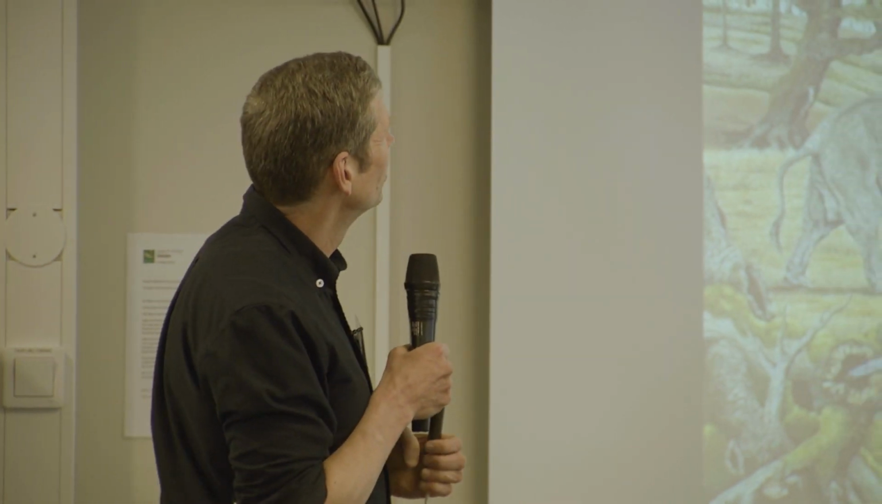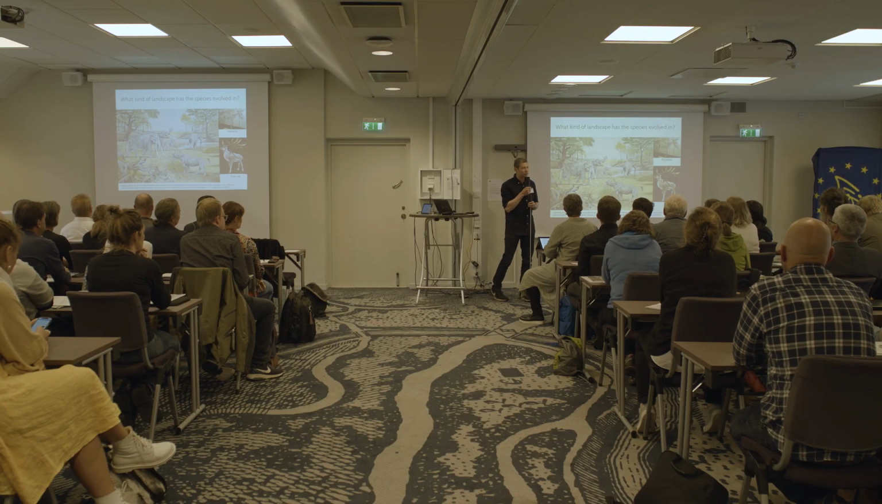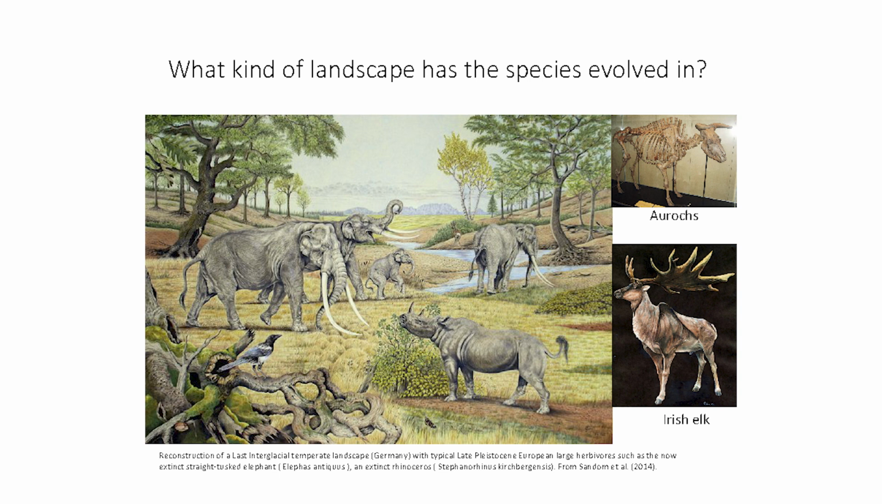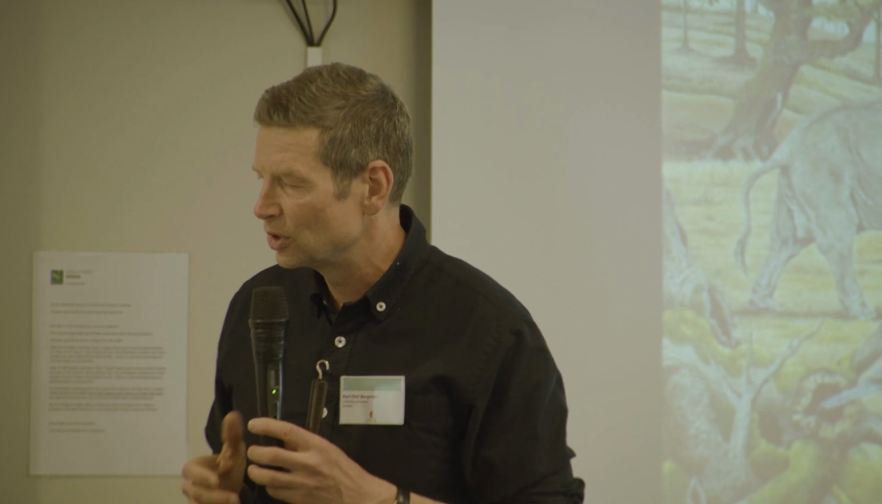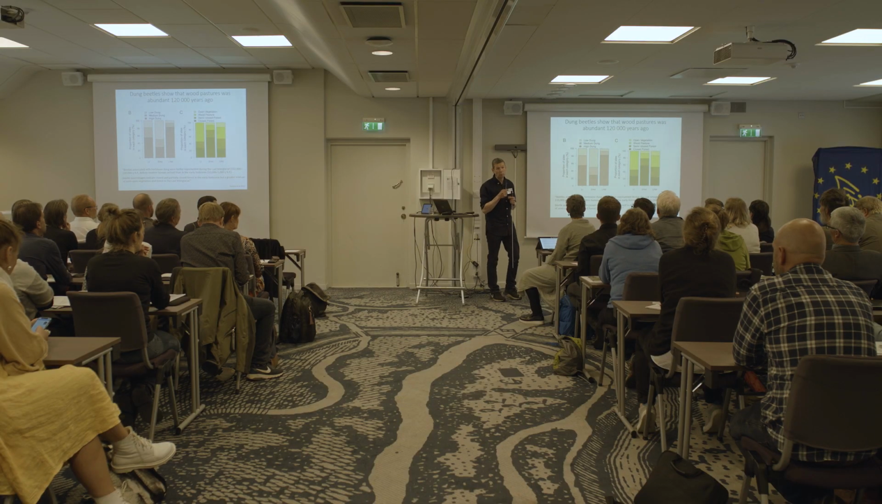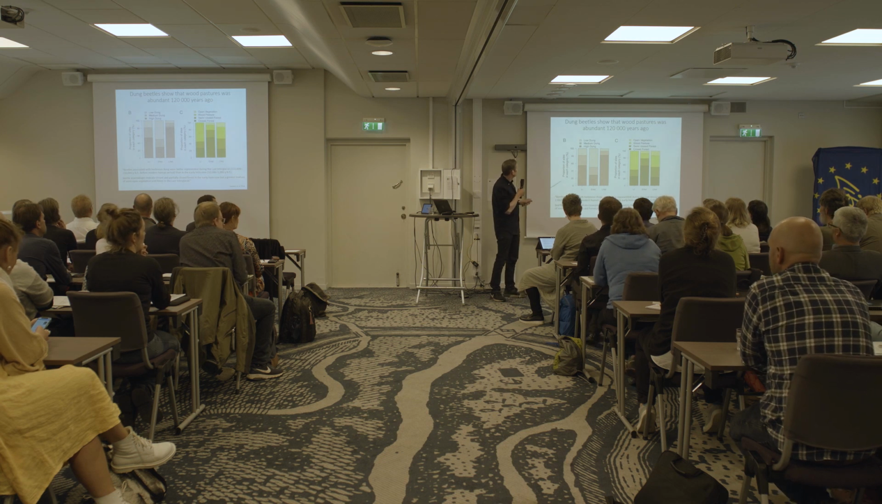A little bit more recent history then, 100,000 years back in time now. What kind of landscape have the species evolved in? You're probably aware that there's quite some debate about how open the old landscape was. But there are some new data coming in showing that maybe it was semi-open or open to quite a large extent. So in this study they have looked at subfossils of dung beetles,